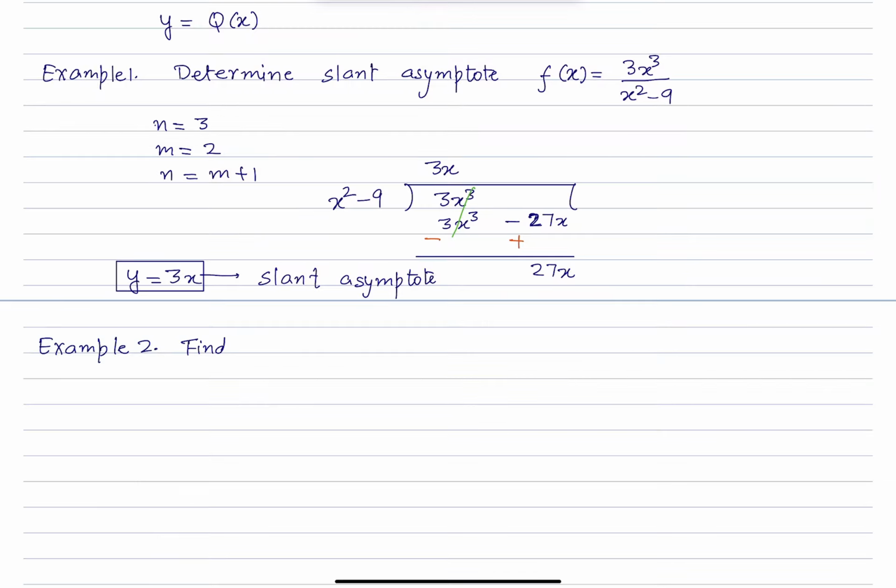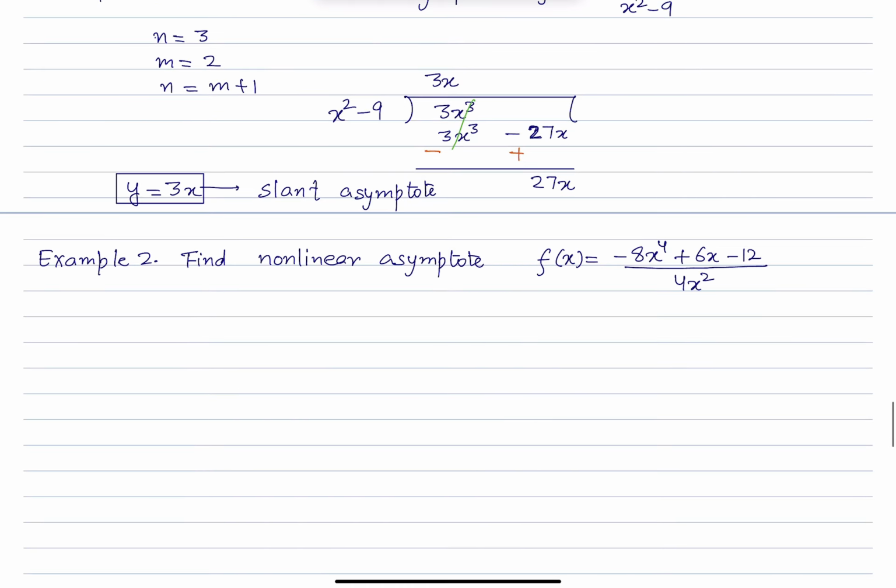Next example, we want to find the nonlinear asymptote, if any, for the function f(x) equals negative 8x to the power 4 plus 6x minus 12 divided by 4x squared. So we will divide the numerator by our denominator,